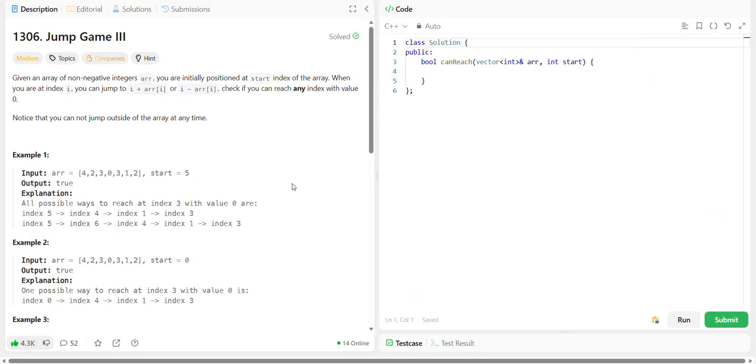So yeah, welcome back. Today we are going to solve this problem, Jump Game 3. So let's hop into the description of the question. Given an array of non-negative integers arr. Okay, so first observation is that it contains